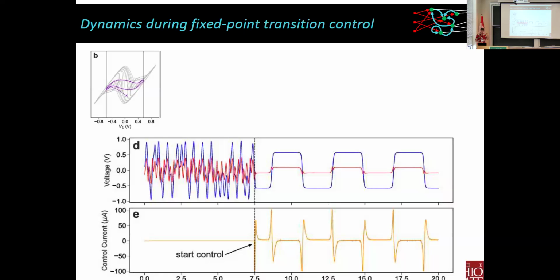So this is not tiny perturbations. That's the beauty of controlling to an unstable fixed point, is that if you're in the neighborhood of the fixed point, you can just give it a little tickle and you can keep it there. But here, we're doing full nonlinear control. You got to whack it to get it to go to the new state. But we know how to predict those perturbations that you need to apply to get it to do that. But once you're on the fixed points here or here, then the control error goes very small.